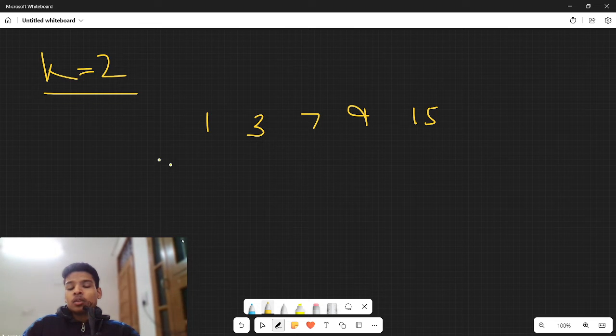So for a single operation, what can I do? I can simply take the absolute difference between two numbers. Let's suppose I take the absolute difference between these two numbers. It is equal to 2. It is equal to 4. Here it is 2 again, and here it is 6 again. So in a single operation, I will get one of these values. I cannot get two of these values simultaneously, because you see,